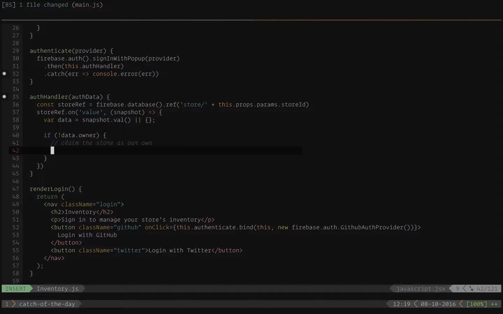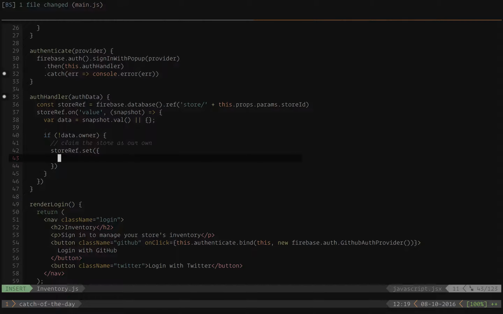And we can do that by doing storeRef.set owner as our authData.user.uid. And remember that authData was that object that was being passed to us that included the user and